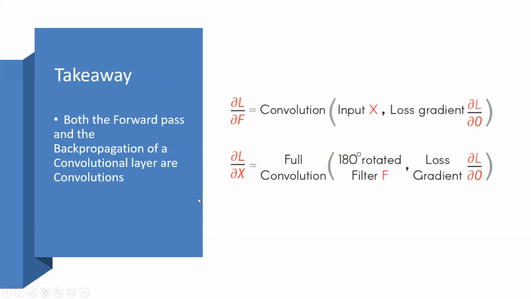So basically, what are the main takeaways, guys? The main takeaways are 2 things. One is that whenever we are finding the loss with respect to the filter, remember it's a simple convolution between the input and the loss gradient of the output, like we had seen in the first case. And then comes the other, more convoluted case of backpropagation, where we are finding the loss with respect to